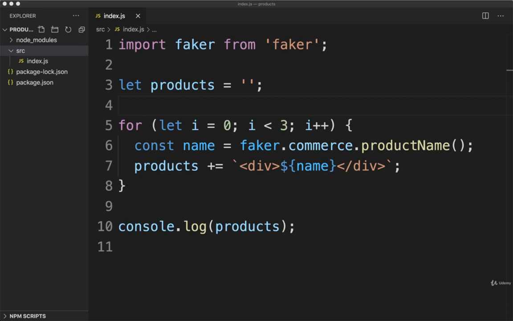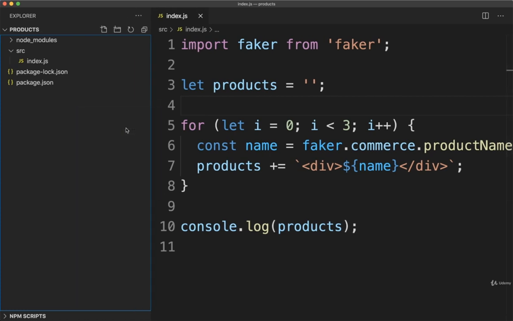Let's set up Webpack so it processes this index.js file, and like I said, we're going to get a better idea of how Webpack works in general. So to get started, inside of my root project directory, so in products for right now, I'm going to make a new file called